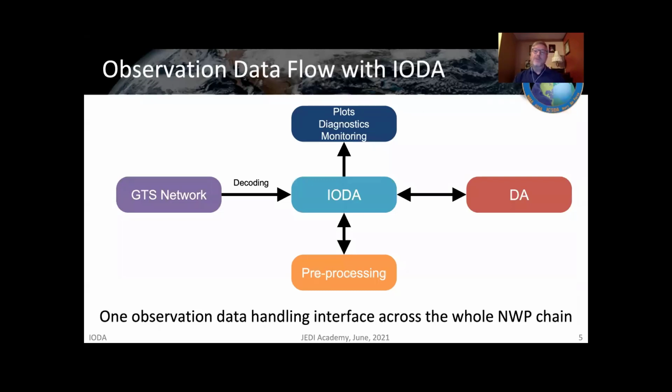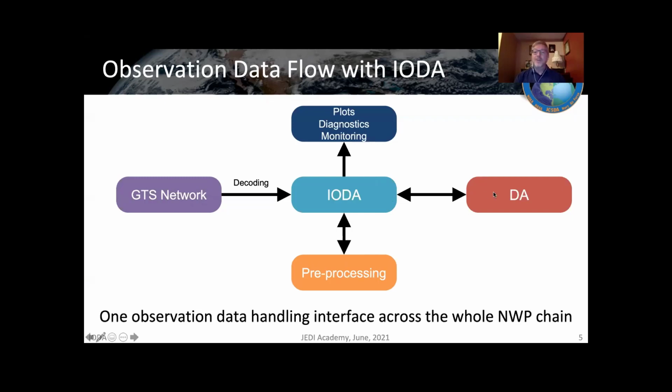This is a diagram that Yannick showed this morning. Basically, what we would like to do is replace all these different formats that evolve through a whole numerical weather prediction chain, and get it down to where there's one file format, one interface that goes into these different pieces. So you can pull in data from the GTS network, convert it once into this IODA format, and then at that point, the same IODA format and